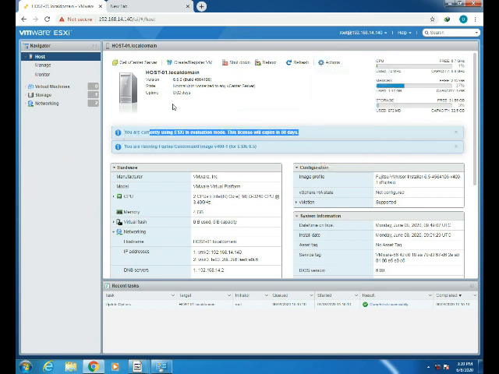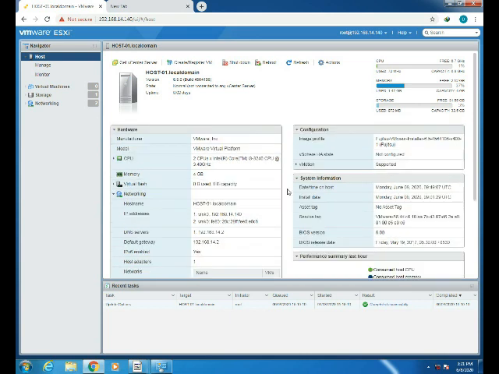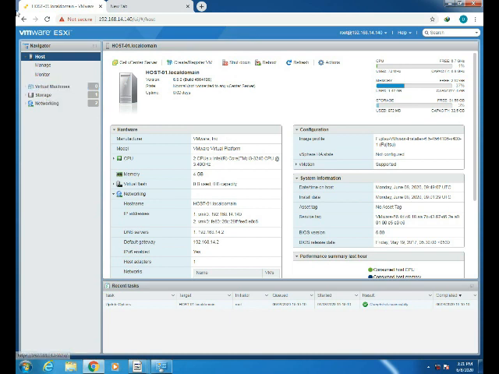Here is the license summary. Of course I have an evaluation version, so it's saying that you have 60 days. Just ignore this. Here are the hardware specifications. We can see the memory, then CPU, the server IP and all these things, the same as over there. Here is the performance. These are basic things, but when we install vCenter, you will get a clearer idea about the performance and how we can see it. For now we'll hold here and wait for the coming video.